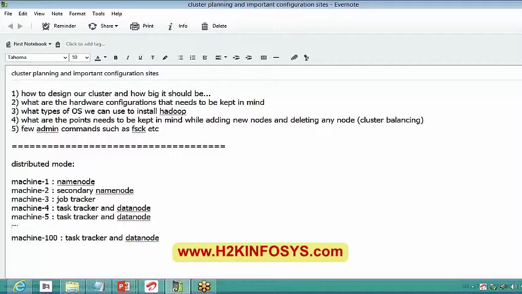All 5 processes run on a single machine, but you will be able to see that all these 5 processes are running and everything is independent of each other. But in local mode, you will not be able to see whether these processes are running, and if one particular process goes down, everything goes down.